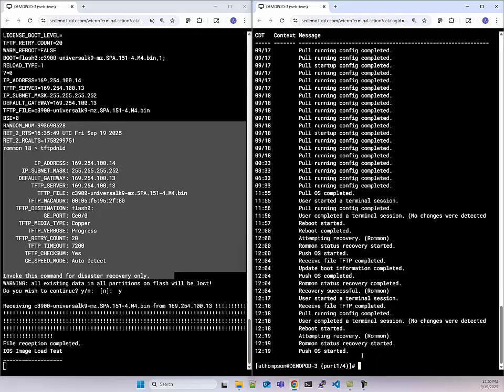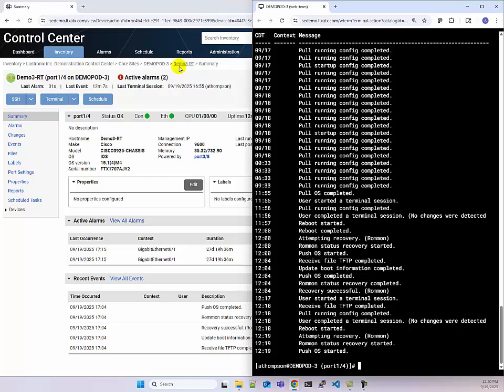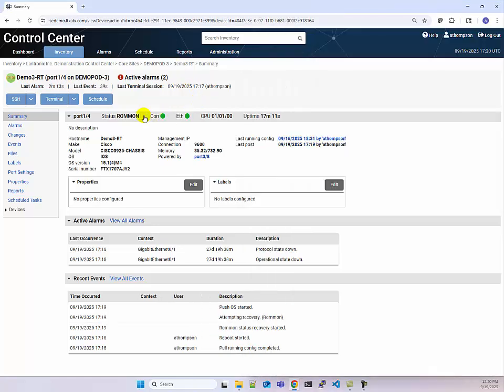Here we go. And these events, of course, are logged as we do it. And all of this information is sent up to the control center as well. So if we look here, we're going to see right here, this device is in ROMMON. So if this was an actual outage, this local manager would have activated its out-of-band connection, probably a cellular modem, and it would be able to report this information back to your other tools. So SolarWinds or other SNMP tools, syslog. It can also email you with that sort of information. And the goal of that, of course, is to give you, the network admin, better information about what's causing the outage so that you can more quickly remediate the situation.